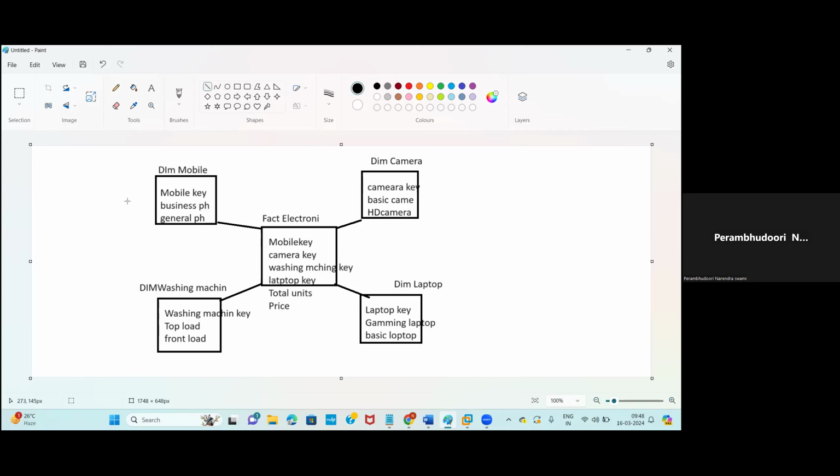So if you go with the mobiles, right? In mobiles, can we have the dimension like types of mobiles? We can split this dimension into other dimension tables. A mobile can be smartphones or basic phones, right? Here the mobile can be split. So dim mobile, which has the types, like we have a smartphone key, okay,